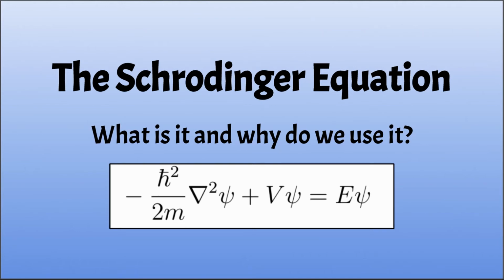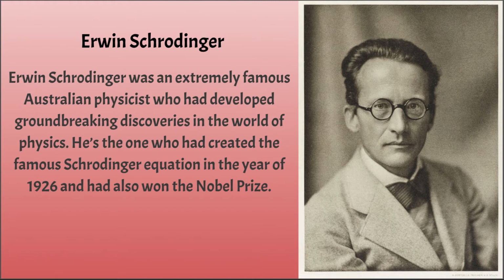The Schrodinger equation. What exactly is it and why do we use it? Let's first go back in time and see where this equation came from. Erwin Schrödinger was a very famous Austrian physicist, and he was the one who created the Schrodinger equation in the year 1926, and he had also made some other groundbreaking discoveries which have created the foundation of quantum